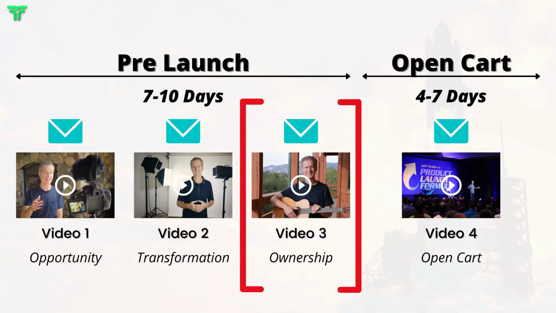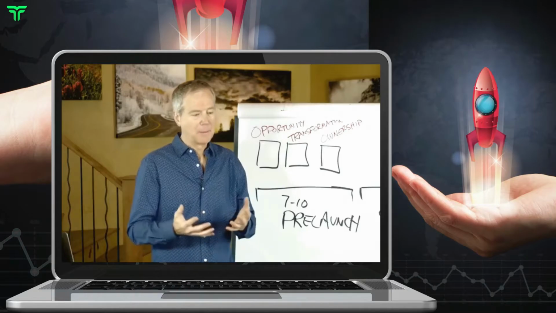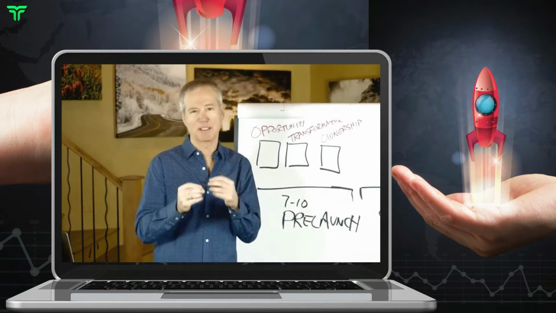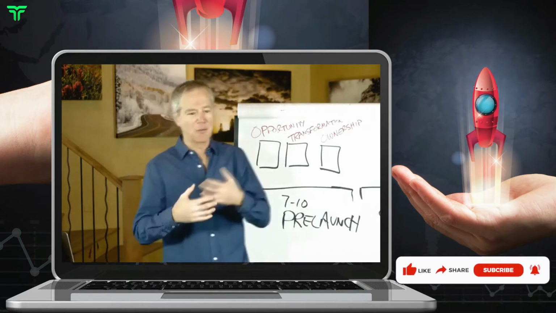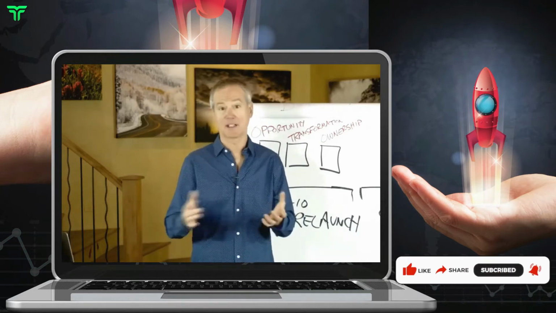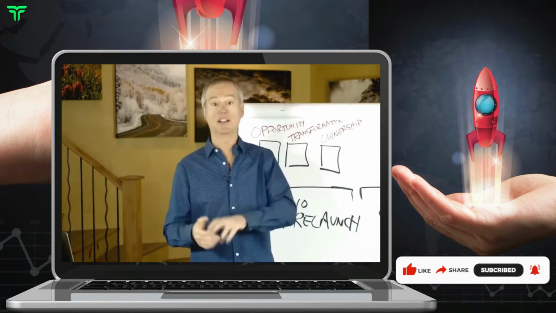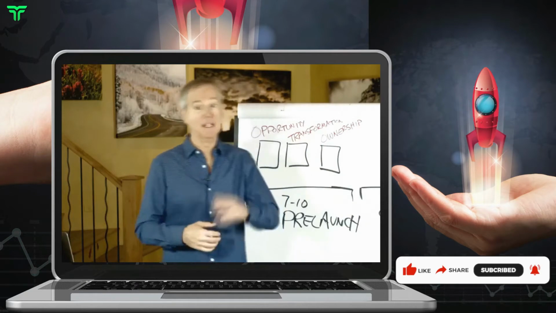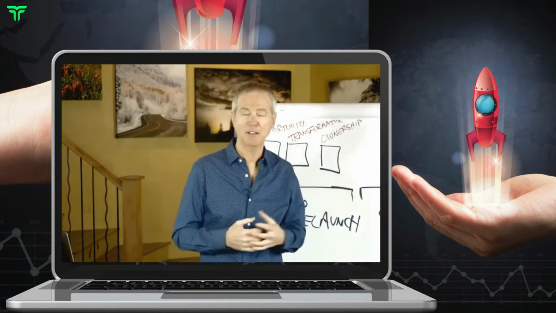This third one is ownership. Here it's conceptual, but here they actually start to take ownership of the change for themselves. So whenever you're selling something, especially high-end, most of the products my students are selling are higher-end products. I sell a $2,000 online training. I sell a $12,000 coaching program. I sell a $35,000 mastermind.